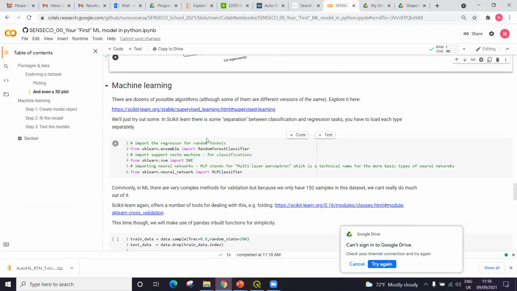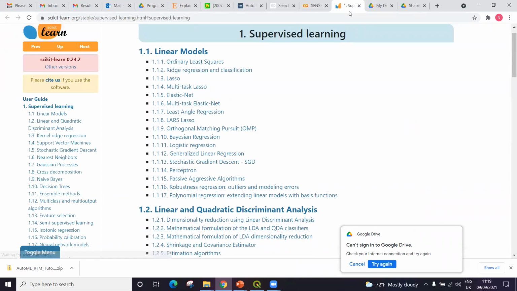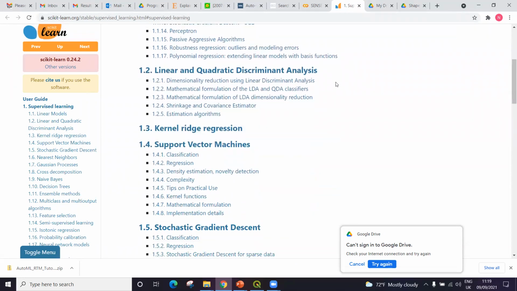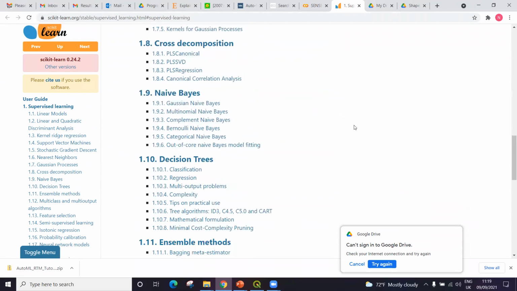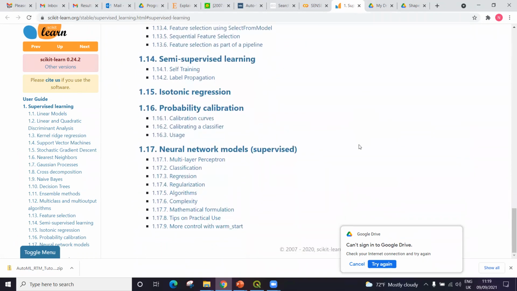Very beautiful. So the machine learning part: if you go to the web page of supervised learning in scikit-learn, this is one of the most standard machine learning libraries, useful basically for table data, structured data, but not computer vision stuff. This is not the library for that. And you have dozens of algorithms. You can enjoy yourself, there's a lot of stuff here to see. Neural networks, and so on. The neural networks are a bit weak in this package, but they are fine for